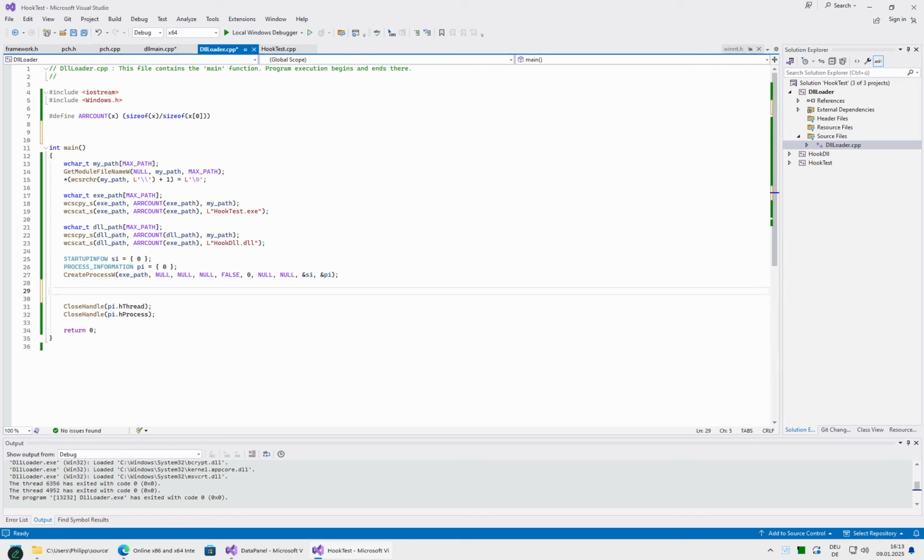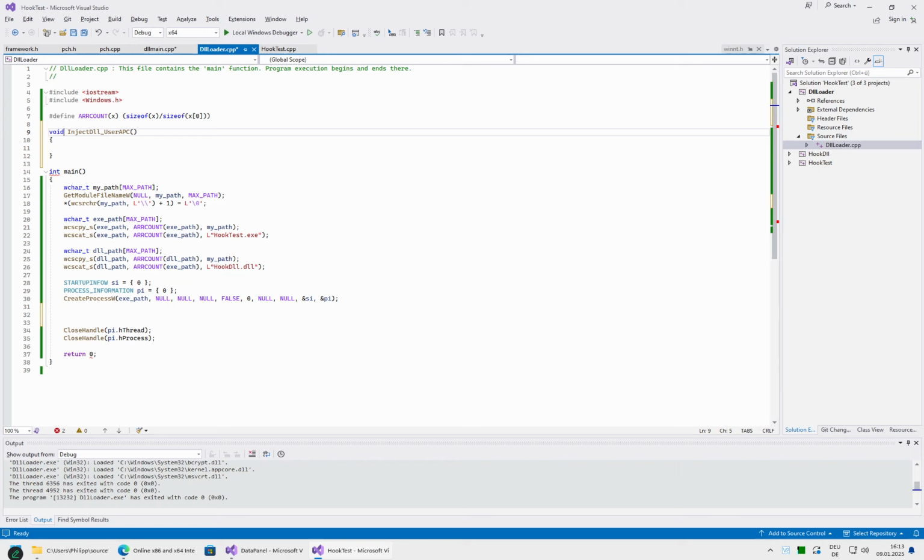Right. So there are many ways you can force an application to load a DLL. We will be trying one now, and then we will add a few more complicated ways. So right, inject DLL, comma, use APC. This will be our function. It will have multiple variants, inject DLL, and then which method we are using. And APC stands for